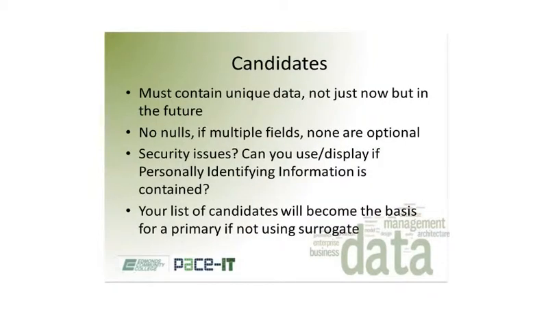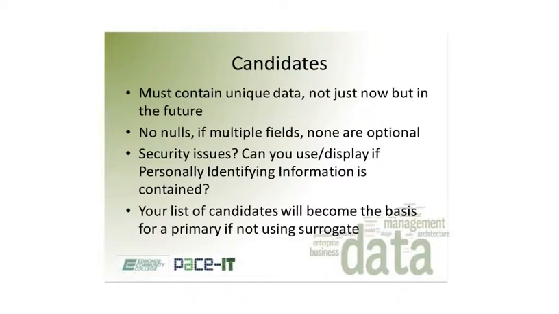So here's some issues about candidate keys. Again, they must contain unique data. So if you have 3 fields, the guarantee is that the combination of those 3 fields would always guarantee uniqueness. Perhaps you've got a phone number plus an address plus a birth date, and you're going to choose that as a candidate key for your person. Again, all 3 of those fields must have data in them, no nulls in any of those,